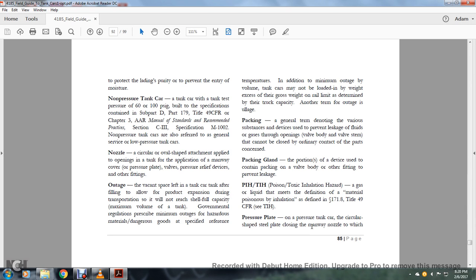Packing is a general term denoting the various substances or devices used to prevent leakage of fluids that pass through openings of valve bodies and valve stems that cannot be closed at ordinary contact with the parts concerned. Packing gland: the portion of the device used to contain the packing in the valve body or other fitting, preventing leakage. Poison inhalation hazard, or toxic inhalation hazard: a gas or liquid that meets the definition of the term material poisonous by inhalation